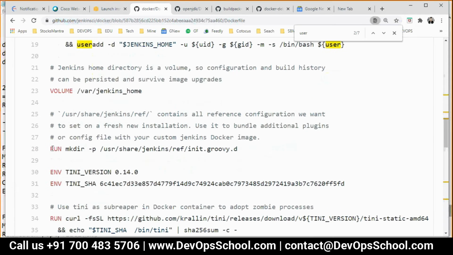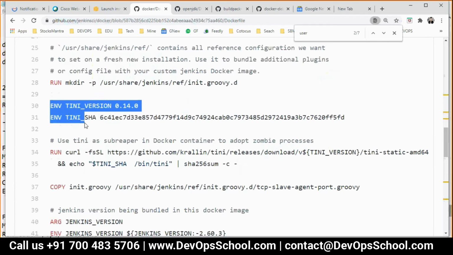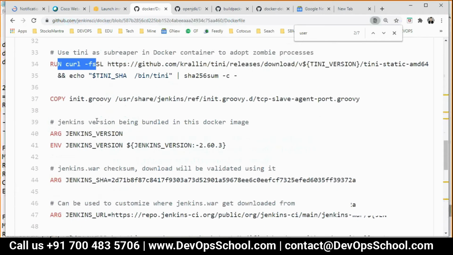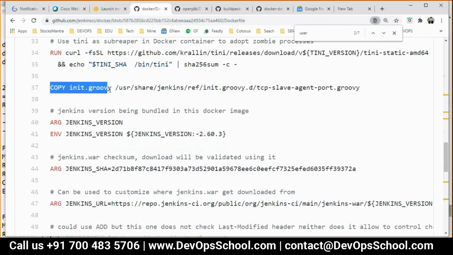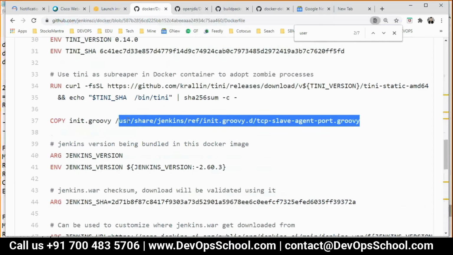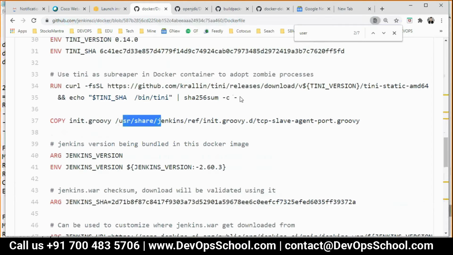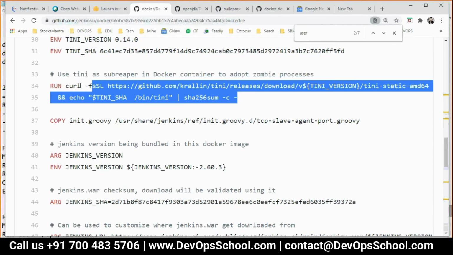Now you see here, RUN again, ENV again, RUN again. COPY, you have used it already. COPY will copy files or directories from the current directory, the current context, inside a container. But what container? The container which is created from this layer.